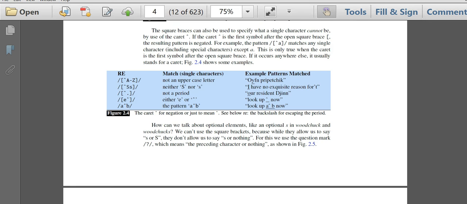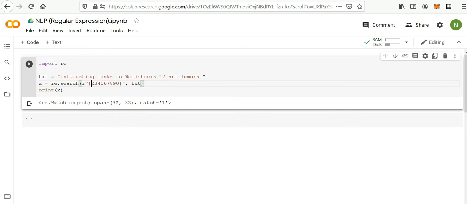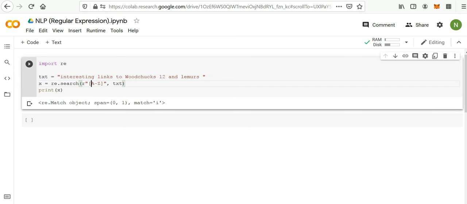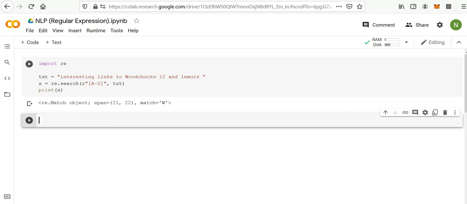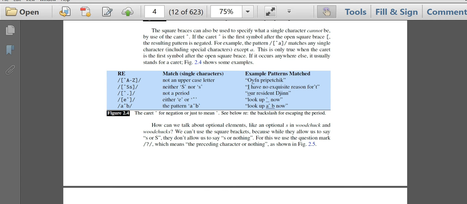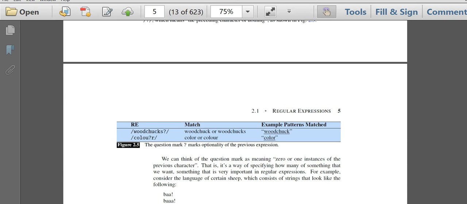Here it is saying it should not be an uppercase. So we can also specify that it should not be an uppercase, and now it will return us the first instance where it found this. And if we give an uppercase, it will give us W. The match is the W. So it is simple and straightforward. You can also test it,